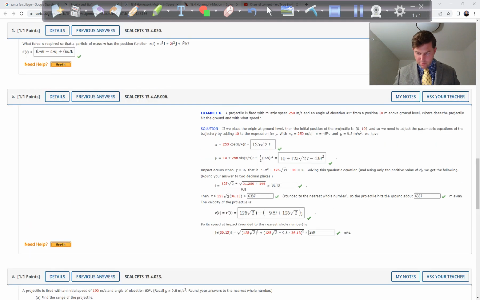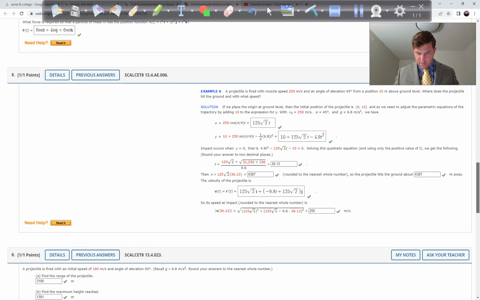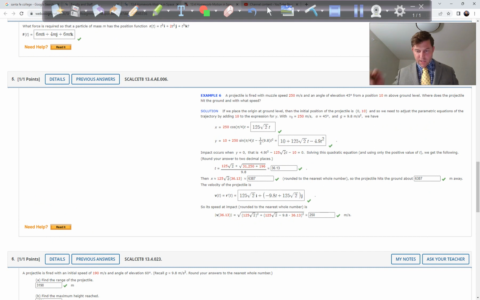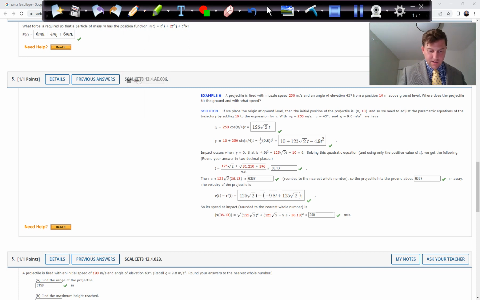Okay, for problem 5, it's really just kind of a follow along, and we'll use 5 to help us do 6 and 7, but they're going to kind of walk us through this. So they're going to say a projectile is fired with muzzle speed 250 meters per second and an angle of elevation of 45 degrees. So the idea here is,